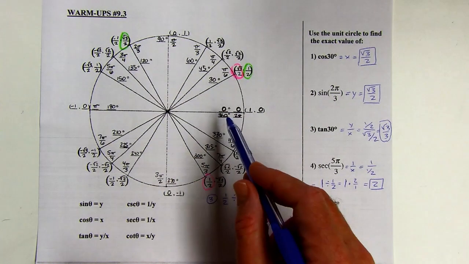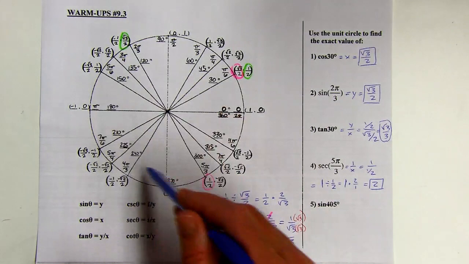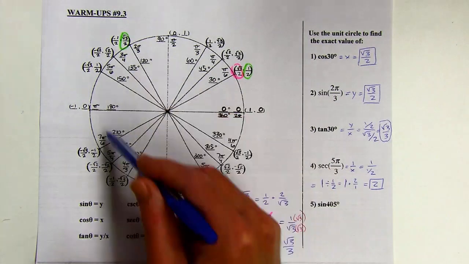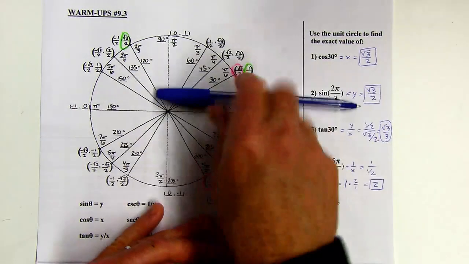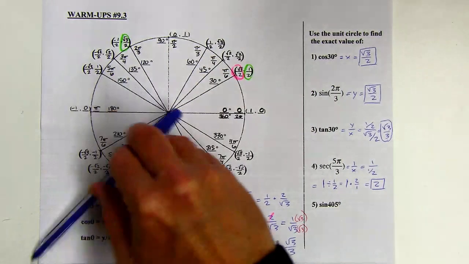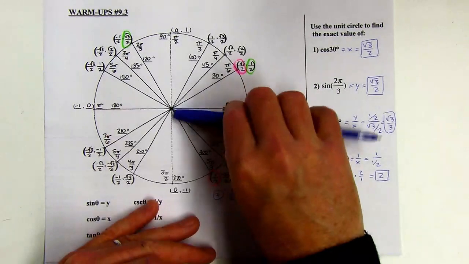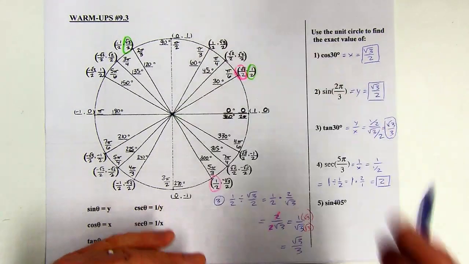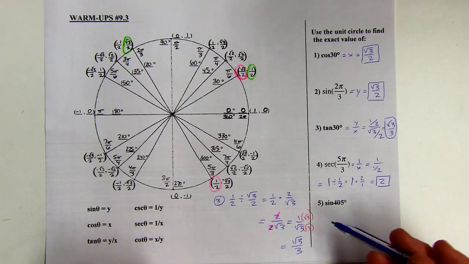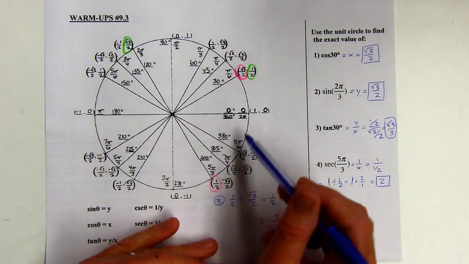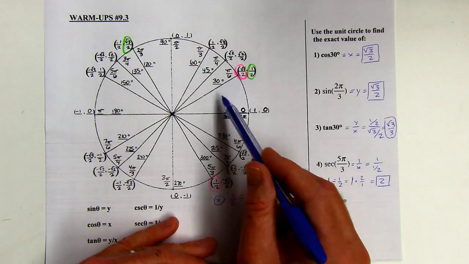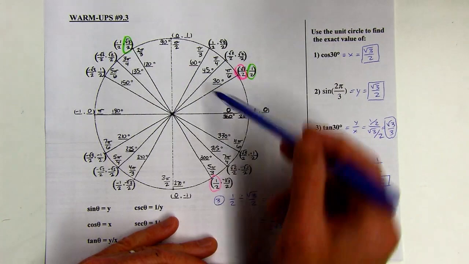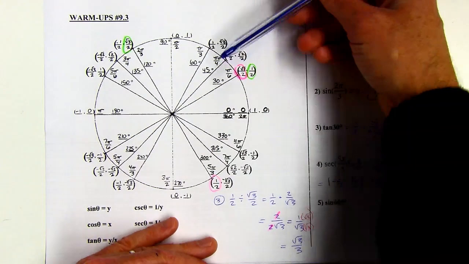All right, and then sine of 405 degrees. 405 degrees isn't on here. Well, the number itself isn't written on there because it only goes up to 360, but remember you can keep going around. So if 360 is one full rotation, but if I wanted to add another 30 degrees to that, I just keep going another 30 degrees. We're using this like a clock, okay? So if you do 360 plus 30, that'll put you at 390, but if we do 360 plus 45, that's going to put us at